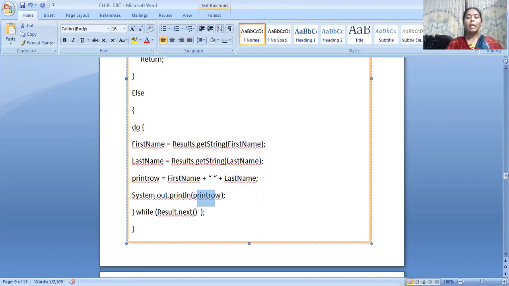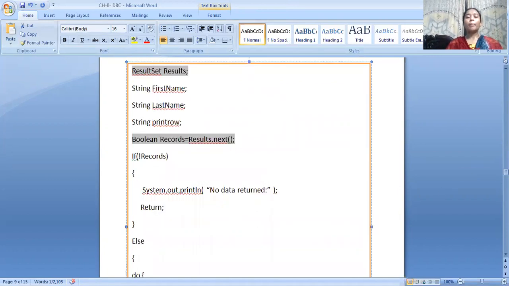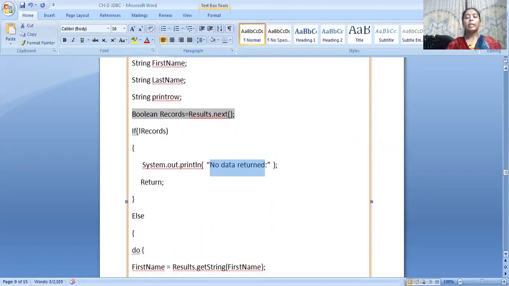Then automatically it calls the function next again, so it goes to the table, and if the table has a second row, it displays the first name and the last name. The loop continues and calls next; if there is a third row, it displays it. If it doesn't exist, then the output is no data returned. So this is how data is processed from the DBMS.